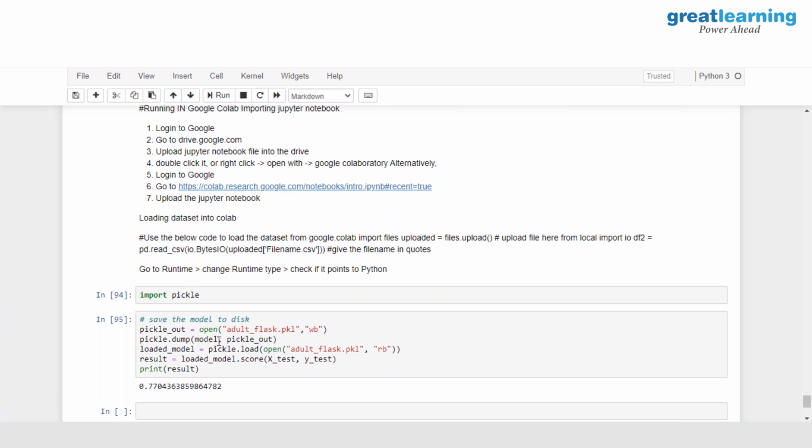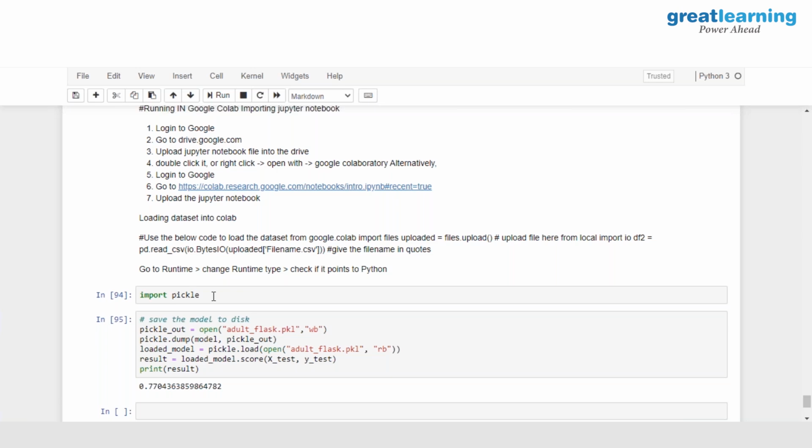And then in this file which I have created, I have dumped the model. This is the model which I have created, which is using a logistic. This is the file which I have created. So the model is dumped into this file. Now to find out whether the dumped file, or the PKL file which I have created, is working fine or not, I have loaded this PKL file and did a test on the test dataset to find out whether the model which I created is giving me the same result through a PKL file and through the model.